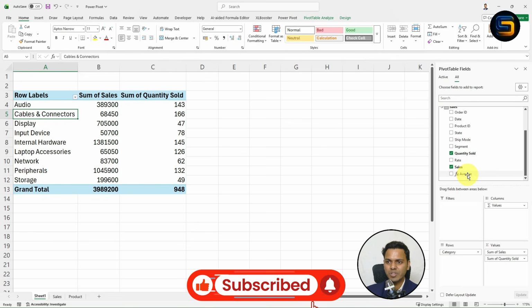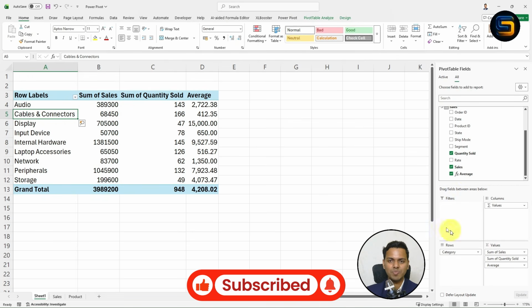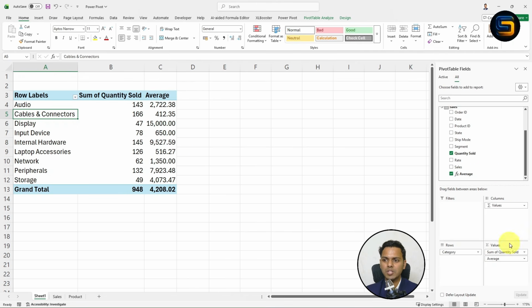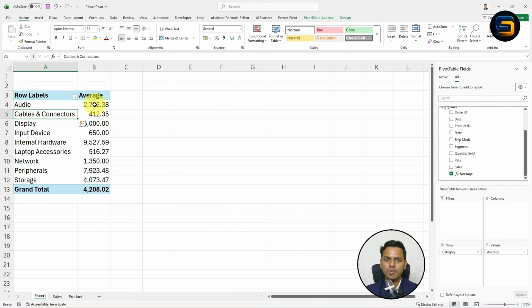Now what you can do is, you can simply drag the average inside this value. Wow, look here guys, you will get the average for each category. Now I will remove the sales from the pivot table, remove quantity. Now if you notice carefully, you will get the category wise average. So basically after removing the sales as well as quantity, the average value is not changing. Why is it not changing? I have created one measure, right? The measure is average. So basically what the measure does is only the aggregation such as sum, average, mean, max. So this is the use of a measure.